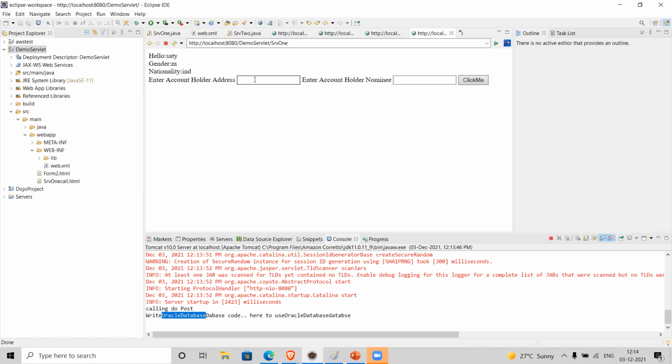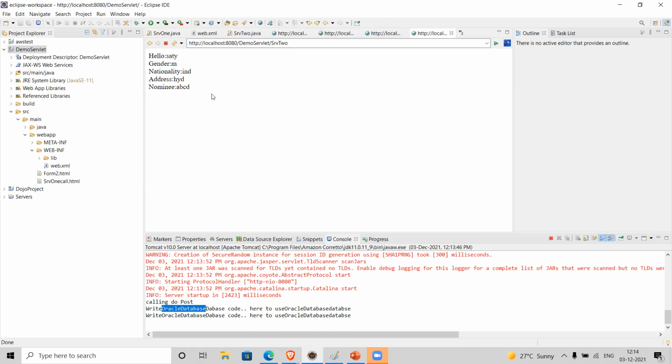Similarly, I am passing this form to SRV2. See, again it is printing the same. That means the same context variable is available for SRV1 and SRV2.